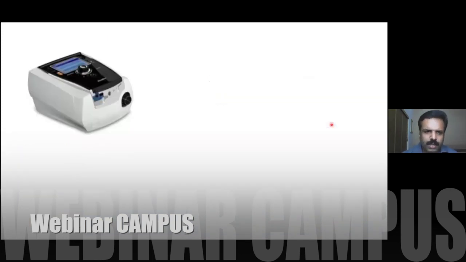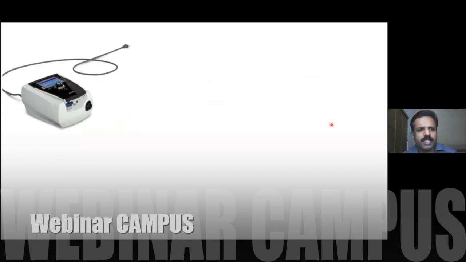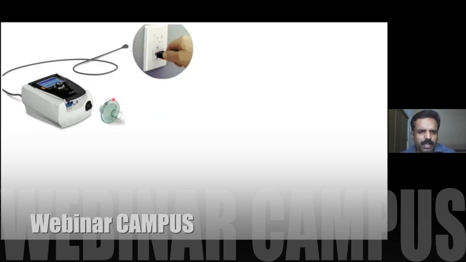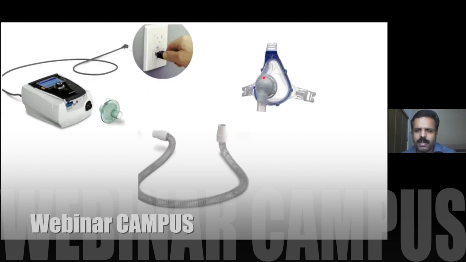Okay, so now, how to start a ventilator? This is a ventilator. Initially, you have to connect the ventilator to the power plug. The cable should be connected to the plug. That is the first step. Then, if you want, you can put a filter here, an HME filter or a viral filter. Then you connect the circuit there, followed by a vented mask. So a vented mask, circuit, filter, and the ventilator or the BiPAP machine. This is the way you should assemble the circuit.